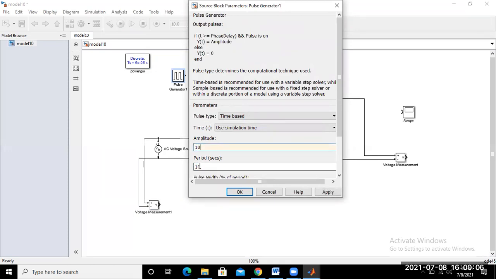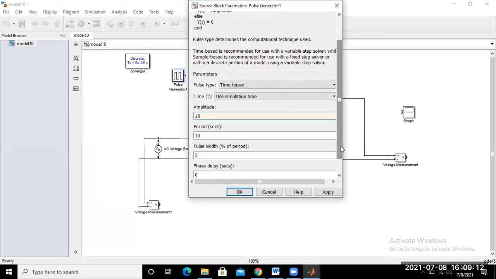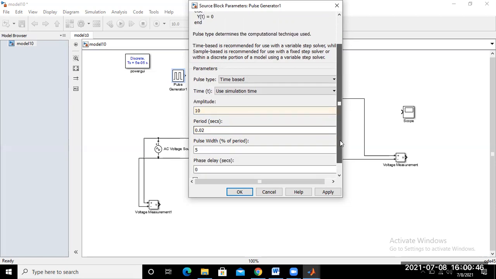What is the period in seconds for the AC supply voltage source? 50 hertz, so the period is 1 by 50, that means 0.02. So the pulse width we have taken as a percentage, 5 already.